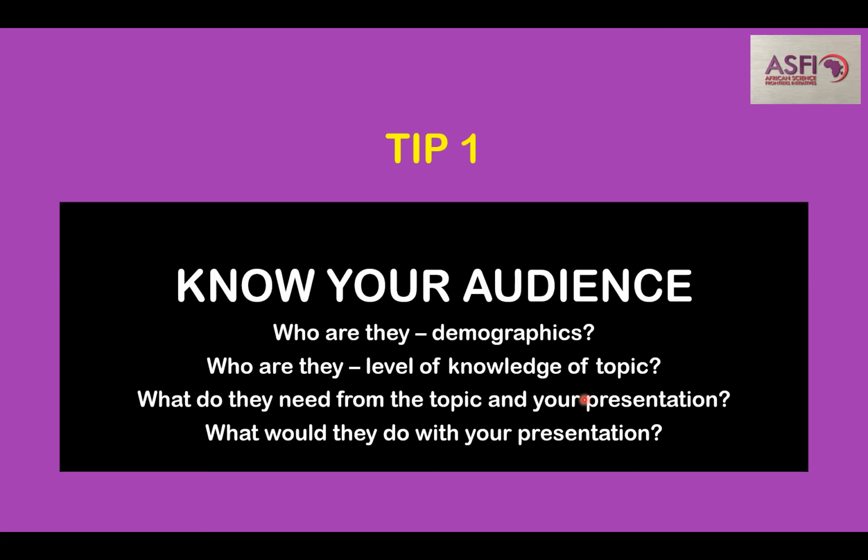Now, if you send out information of that event, it should be sent in a way that the audience can understand what they are going to listen to. Don't make it complicated, so that when they are coming, they will have expectations about the presentation. The expectations may not be perfect, but they have some expectation of what you are going to talk about. And when they come, don't jump away from your topic and begin to present something else. So knowing your audience and reaching that alignment that will satisfy their expectations is very, very important.